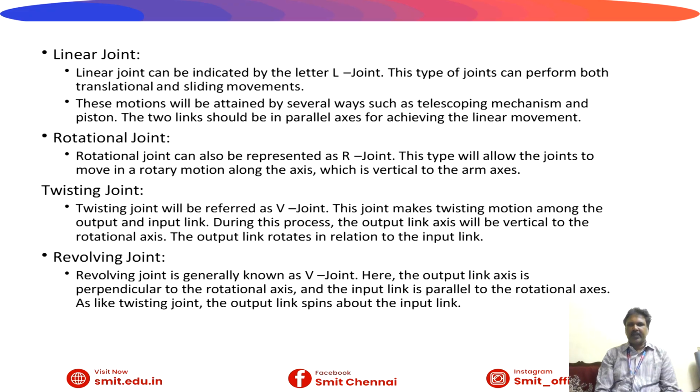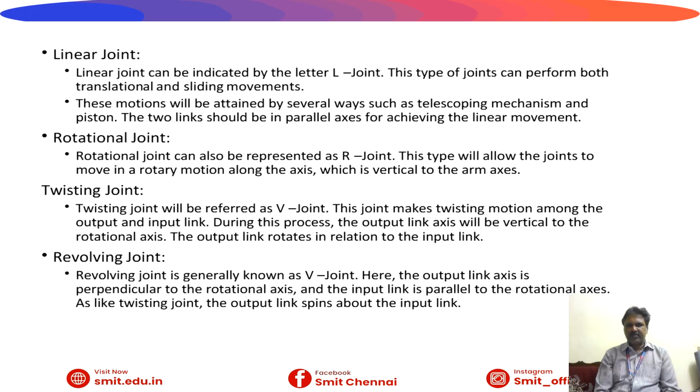These motions will be attained in several ways, such as a telescoping mechanism and a piston. The two links should be on a parallel axis for achieving the linear movement. A rotational joint can also be represented as an arc joint. This type will allow the joint to move in a rotary motion along the axis, which is vertical to the